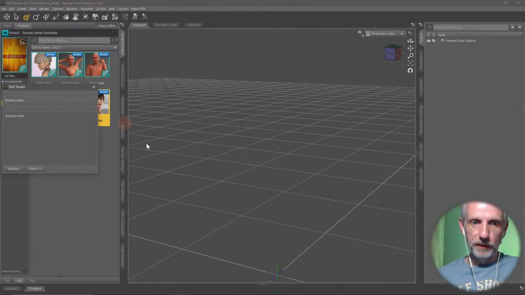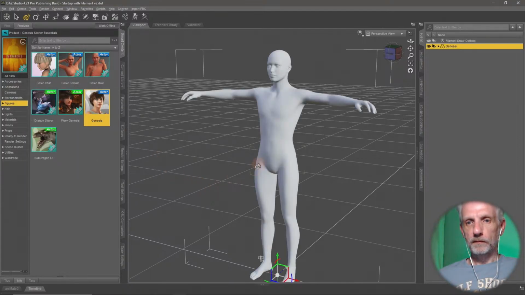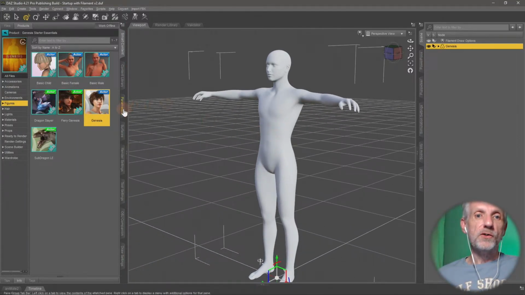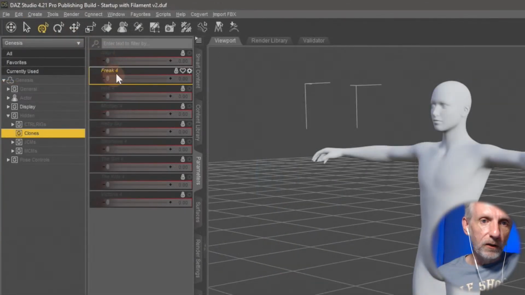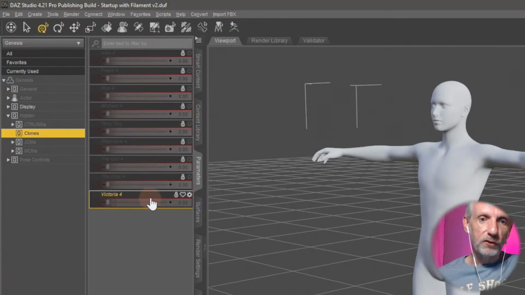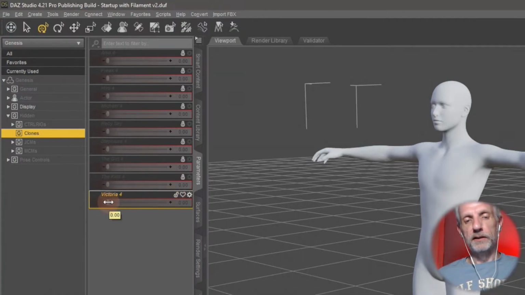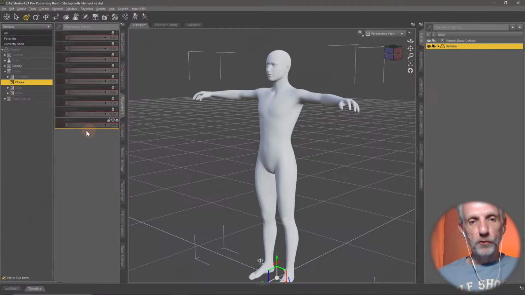Genesis, don't crash on me. There we go, original Genesis. So if you head over to parameters, clones, these are all locked here, but you have things for Ico 4, Freak 4, Hero 4, and so forth. Even Ruby Sky, that's exciting. So if you had something for Victoria, you need to unlock this first, and then you can turn the Genesis shape into, come on, into